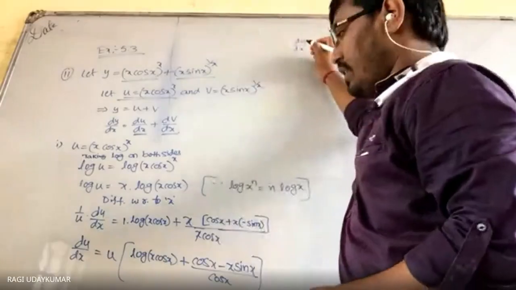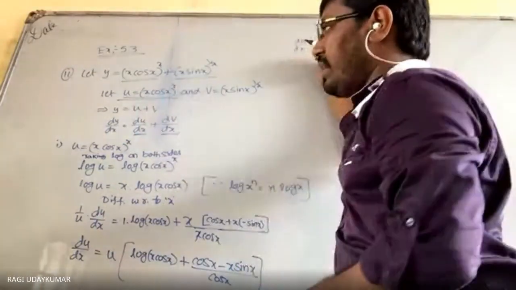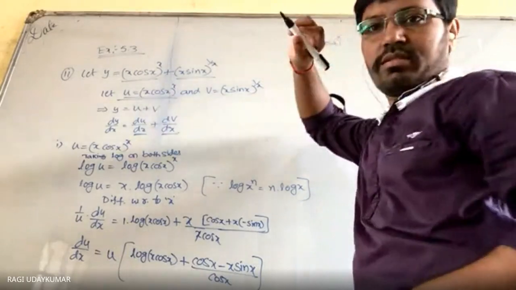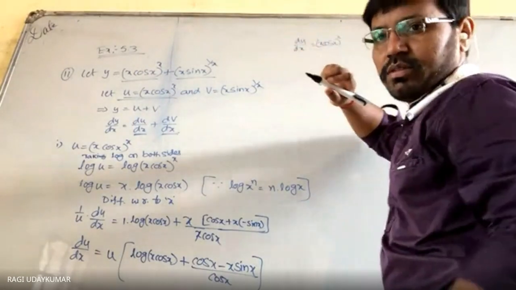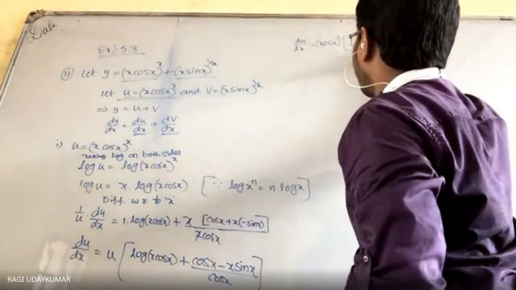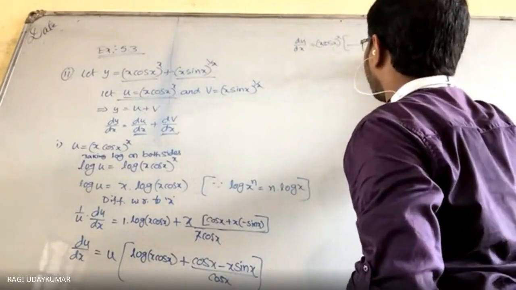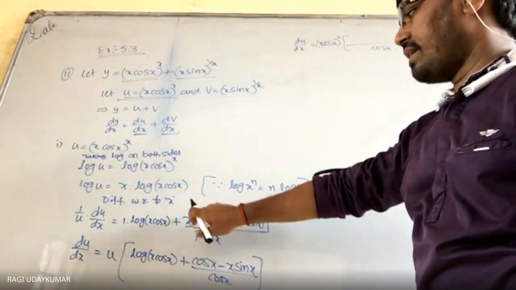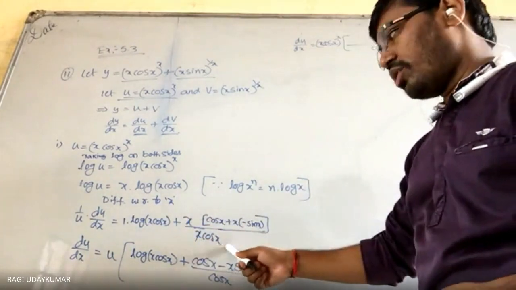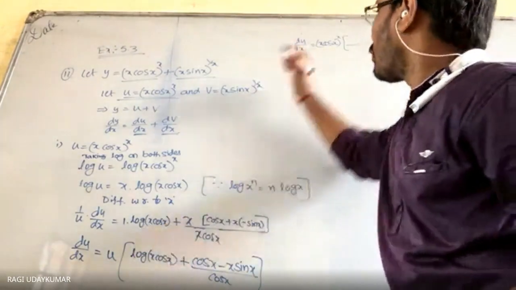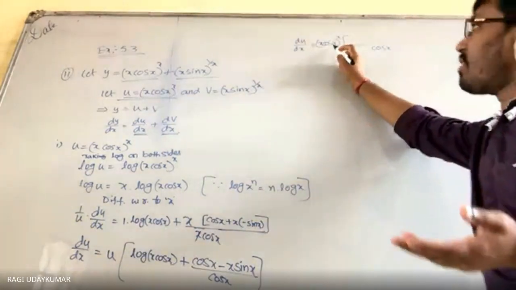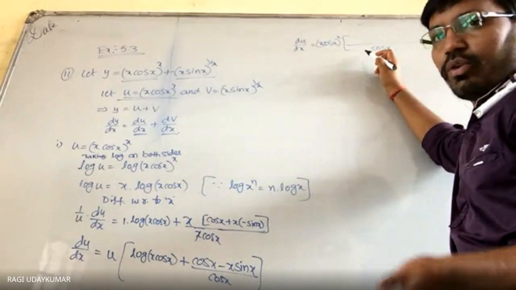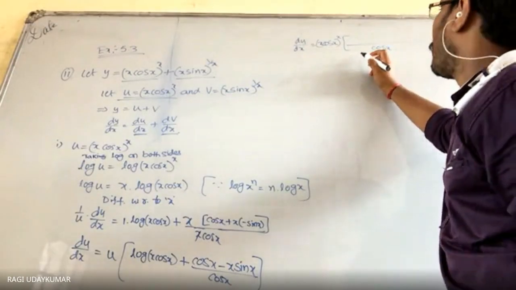Yes. Okay. du by dx, and u here we have considered as x cos x, so (x cos x) whole to the power of x into, and here if you do the LCM, you are going to get cos x in the denominator. Here you can cancel the x cos x and x, but it is not necessary. Because in the denominator you are getting x cos x, here also you are getting x cos x to the power of x minus 1 if you want to write it, but it is not necessary to cancel. You can keep it as it is, or you can cancel, up to your choice.